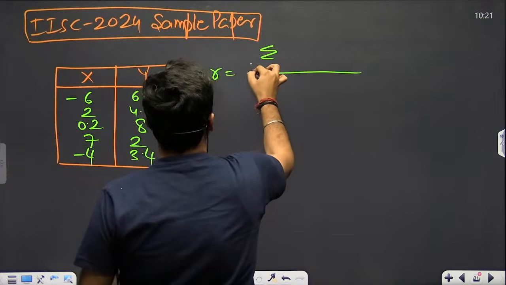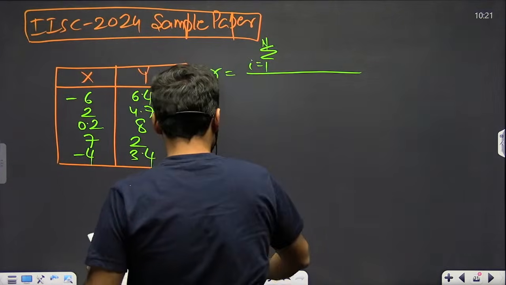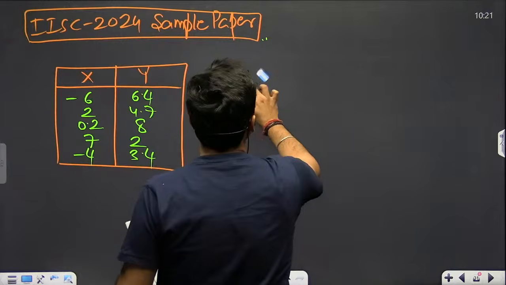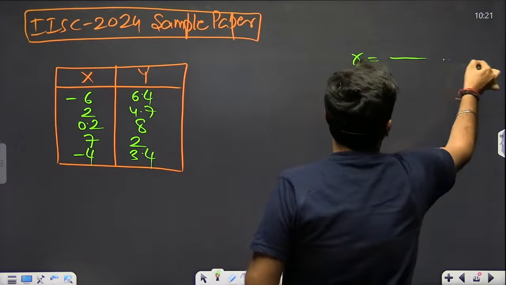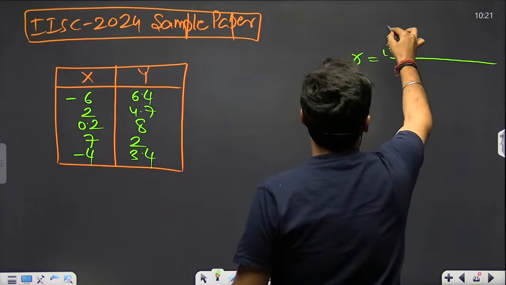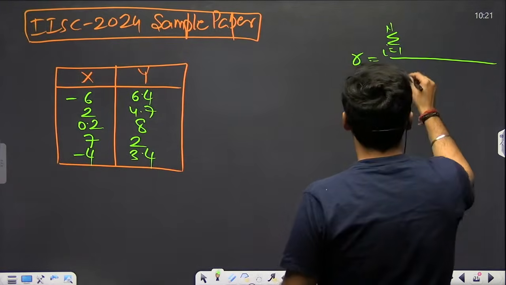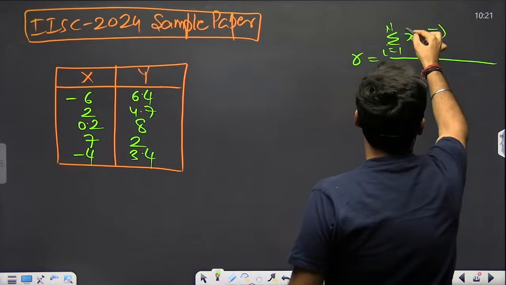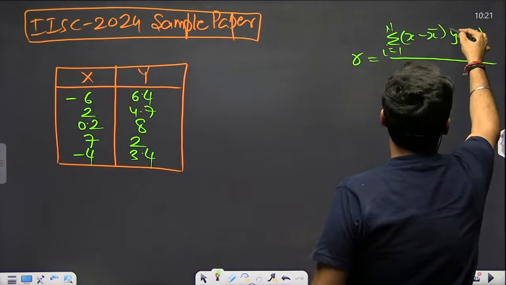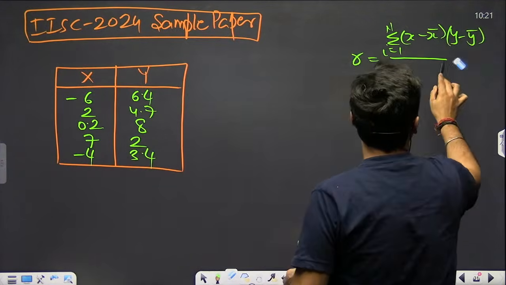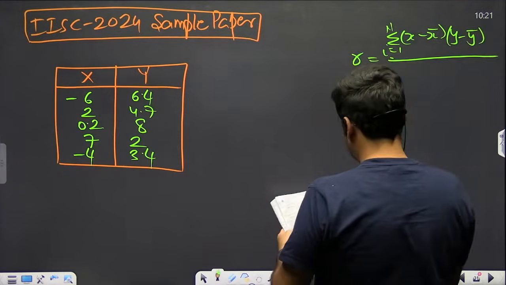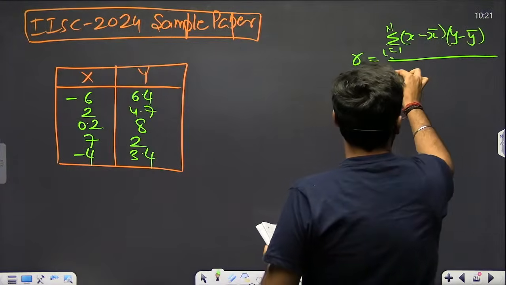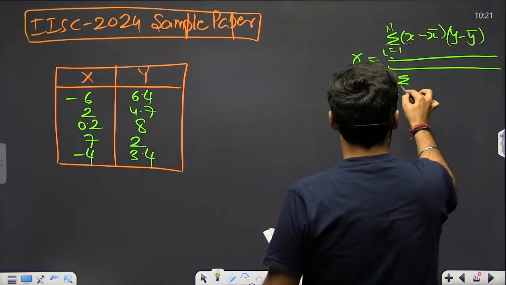Summation of i equals 1 to n, I'll just write it here. So what is the Pearson correlation coefficient formula? That is summation of i equals 1 to n, (x minus x bar) into (y minus y bar), upon